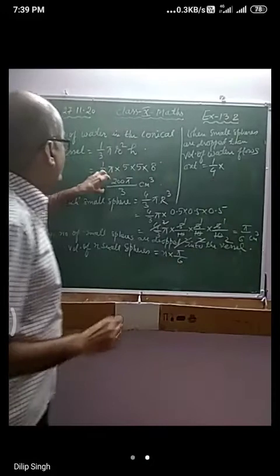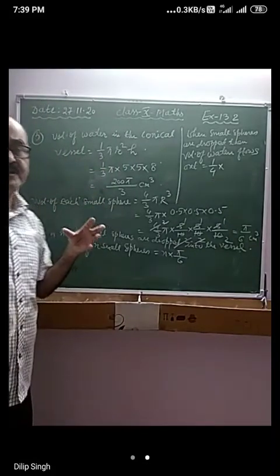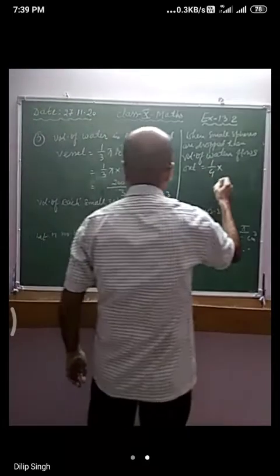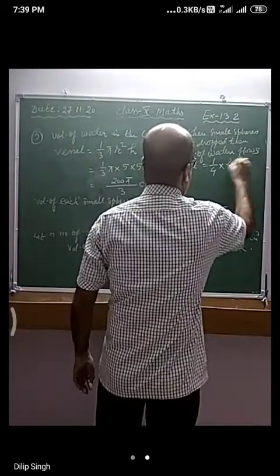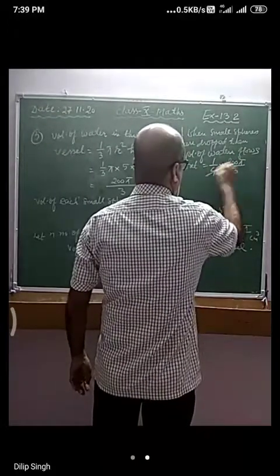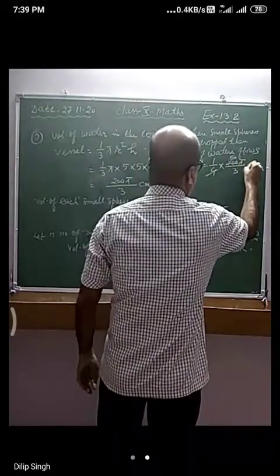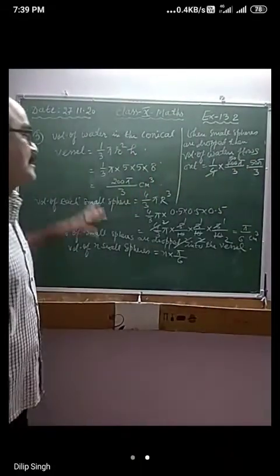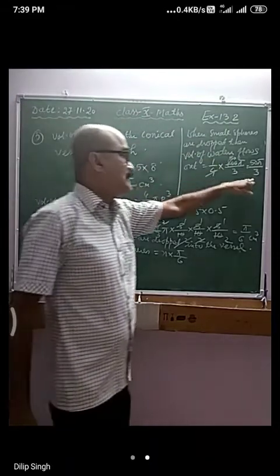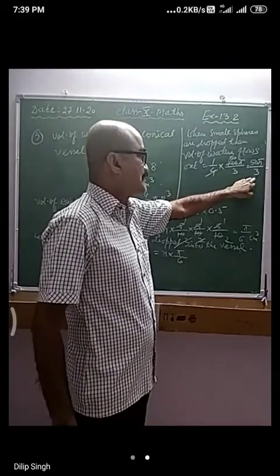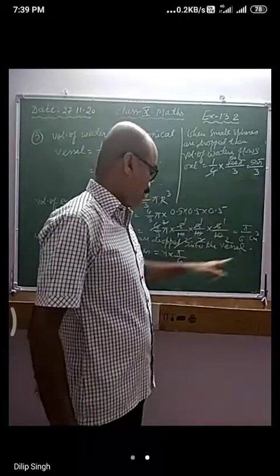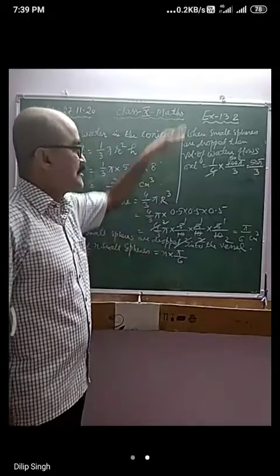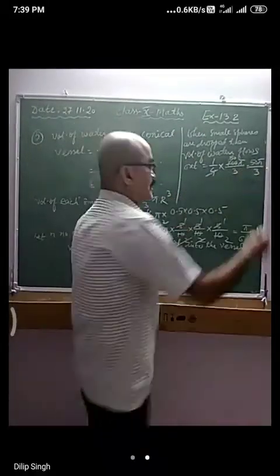1/4 of this volume. जो टोटल आपका इन्वर्टेड कोन का जो वॉल्यूम है उसका 1/4, so we will take 1/4 of 200 pi by 3. So 4 5s are, that will be equal to 50 pi by 3. जब हम लोग बॉल डाले तो इतना अमाउंट ऑफ वाटर बाहर आया. This water comes out due to these balls. When you are dropping these balls into the vessel, then this amount of water flows out.